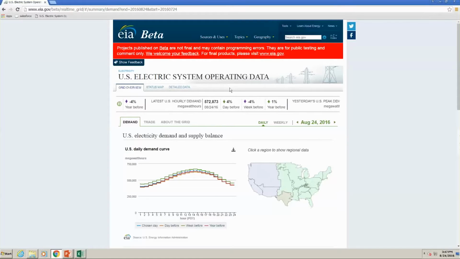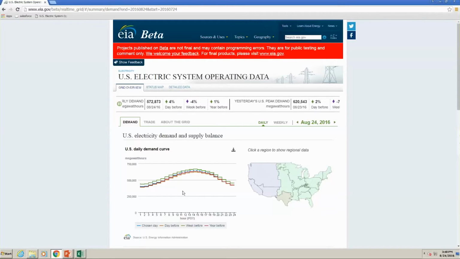So over on the right-hand side, we have the dates here, which you can change, and we'll do some of that in a second. All right, so we're looking at daily data here, and the chart over on the left-hand side of the screen is showing demand, hourly demand for today, and you'll see a whole bunch of lines here, and I apologize, it's a little difficult to see, so you'll have to take my word for it. We'll see it a little better in a second, but